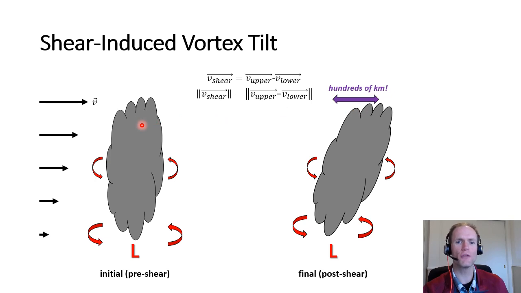So if we have a shear magnitude of just 10 meters per second, maybe this wind is 2 meters per second out of the west, and maybe this is 12 meters per second out of the west. So you're looking at something that's roughly 5 miles per hour to 25 miles per hour here. That little of a difference, if there's nothing else acting, spread that out over the course of the day, you're looking at a distance of almost 1,000 kilometers